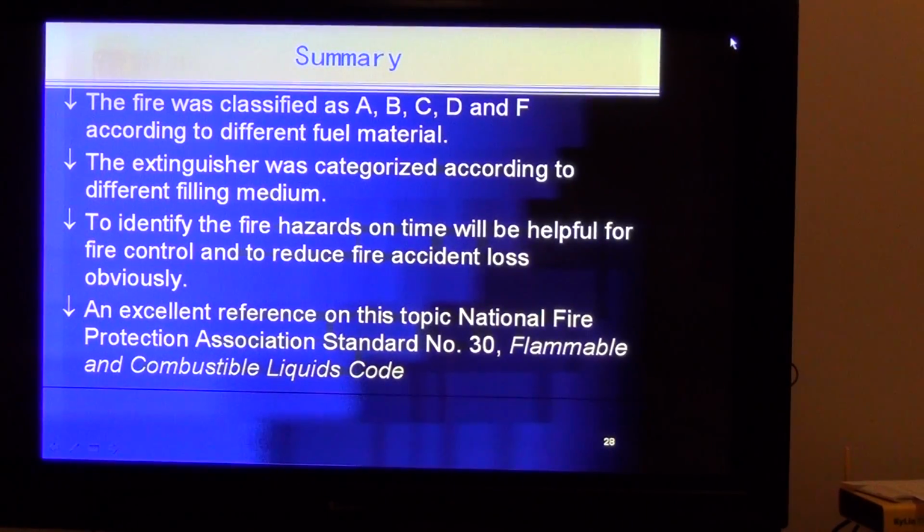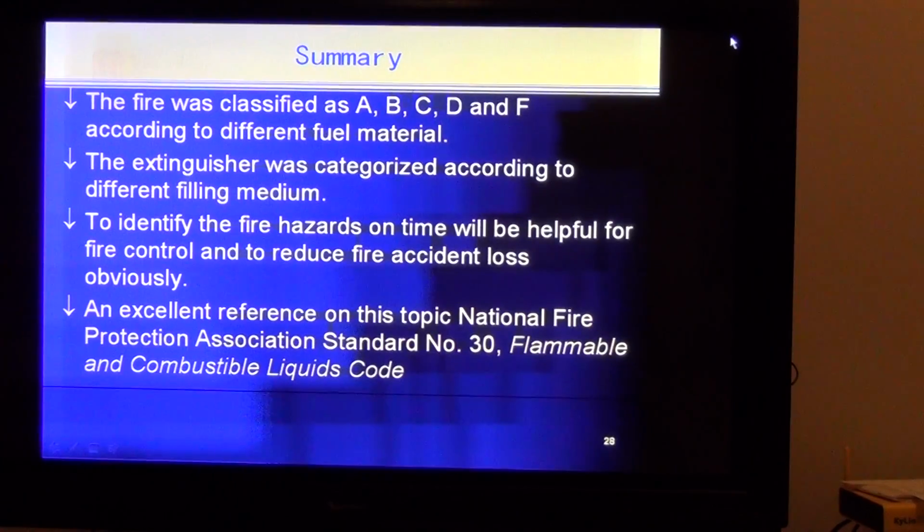So, summary. Fire is classified as A, B, C, D, and F, and sometimes K, according to different fuel materials. The extinguishers are categorized